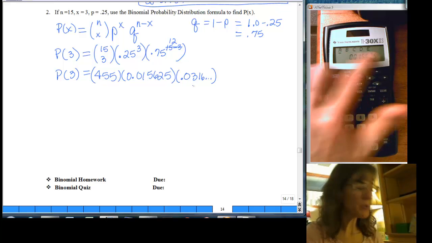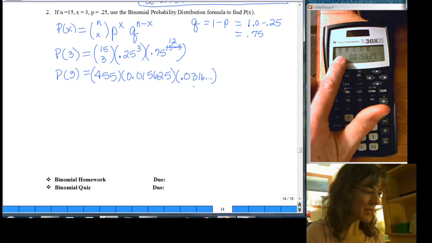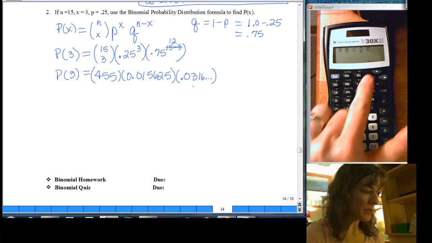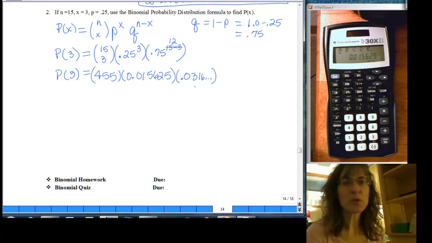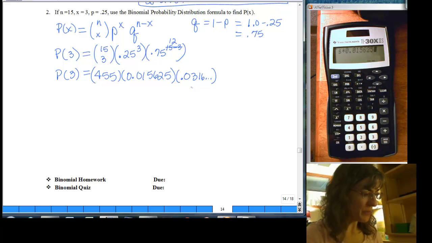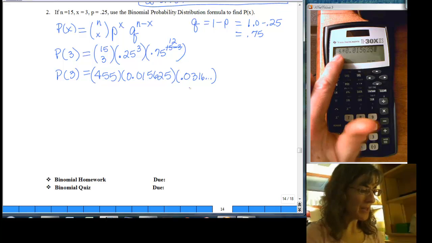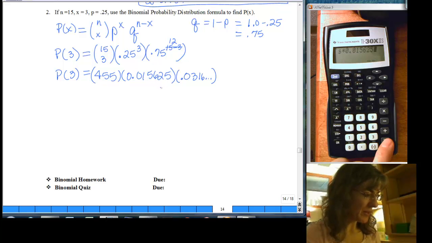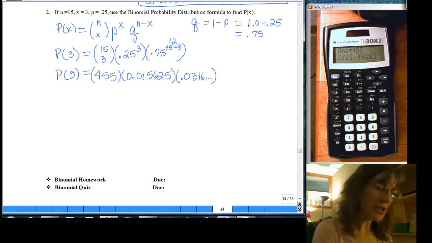Remember I used the first bin, so it's already sitting on the A. If I wanted to use a different bin I would slide over to it. You can see I only have values stored in A, so I'll push enter, and now it says my answer times this decimal for the middle term here, and I'll say equals, and then the last thing I do is multiply one more time by 455. Push enter,